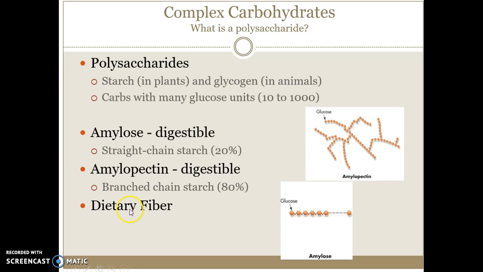Fiber is the 3rd type of complex carbohydrate. It's also a polysaccharide. And the reason fiber is different is we don't have an enzyme. We can easily break apart any of these monosaccharides with the enzymes in our body, but we cannot break apart a fiber starch because it's a little different configuration and we have no enzymes. It can only be digested in our colon.